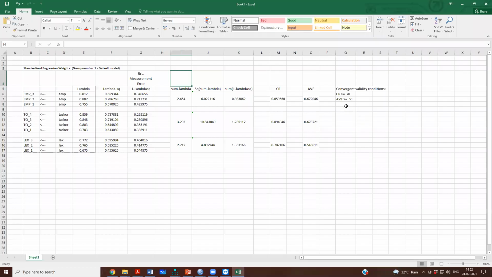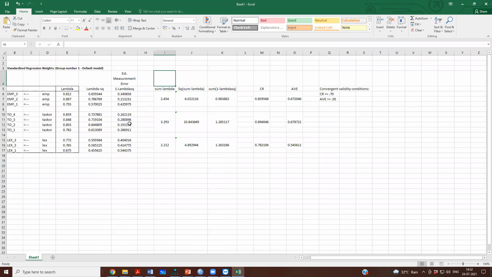Now, after having computed AVE and CR, we will do the discriminant validity check, right? We want to test whether these three factors, EMP, task orientation, and LEX, are discriminant to each other or not. So let us do that. Remember we said we will create a table,